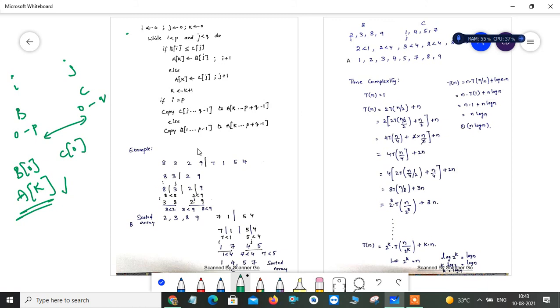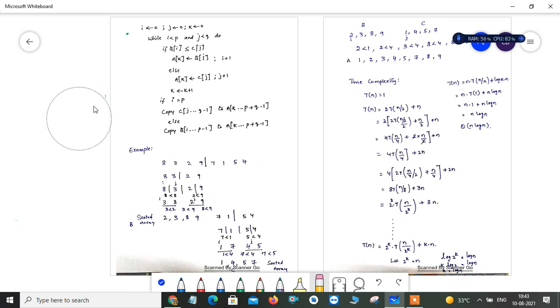So now we can solve with an example so that you can understand it in a better way. Right, see here it is an example. So this is my array. My array consists of unordered, or orderable elements, that is, there is no order. So the list of elements is like this. So now initially A equals 8, 3, 2, 9, 7, 1, 5 and 4. So now it consists of 8 elements, right?